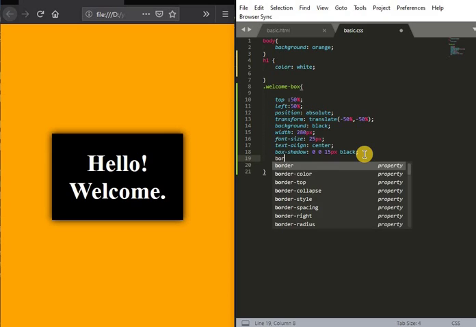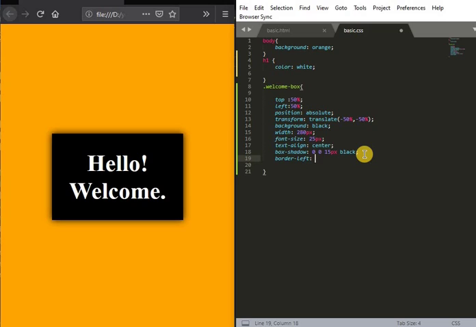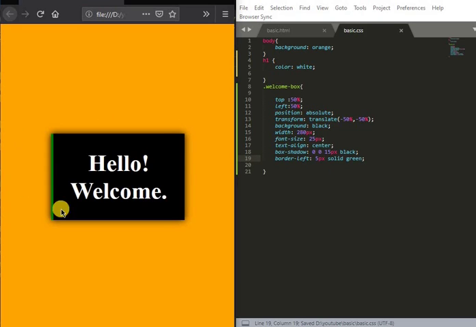For example, we want to give only the left border. Left I want 4 pixels. I want a solid green border. So that is done. You will get a solid green border, or else you can increase it to 5 if you want.